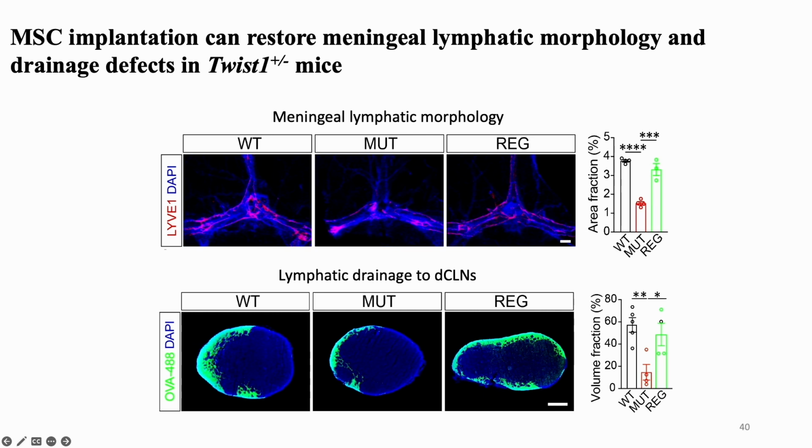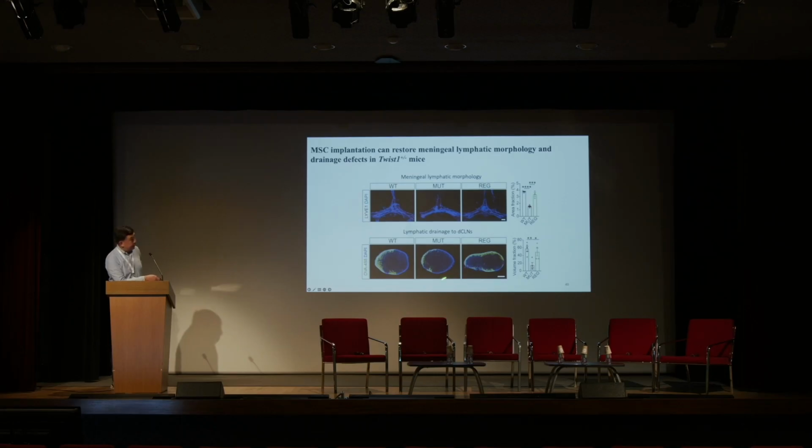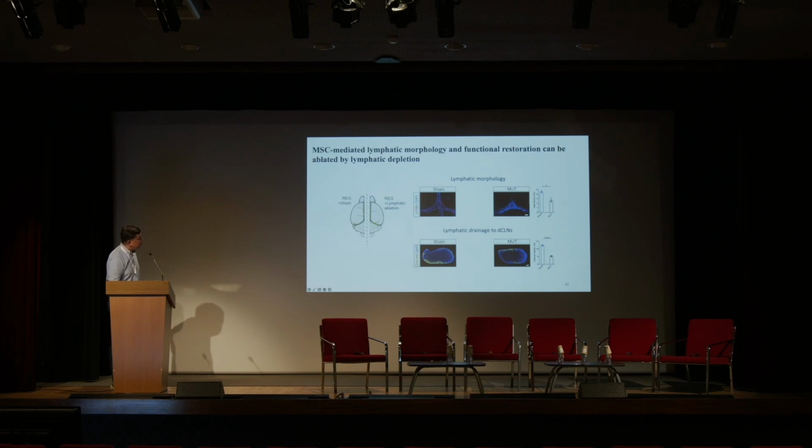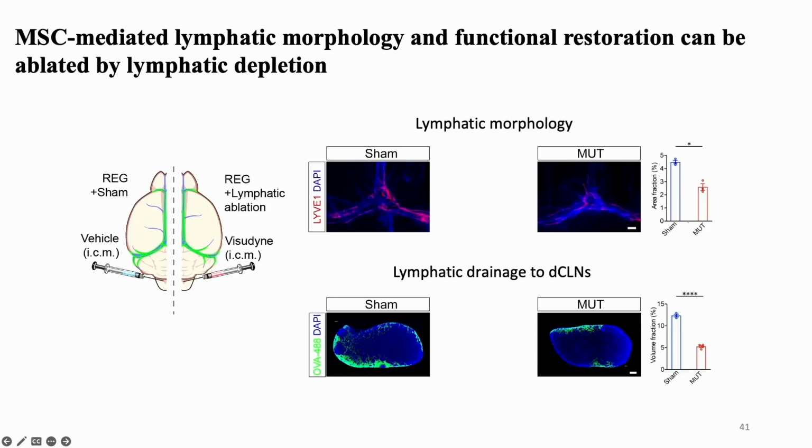And then once we regenerate the suture, you can see the lymphatic drainage has improved in the mutant model. So how important is this lymphatic system within the meninges? By doing the following experiment, in which you can inject this Visudyne dye